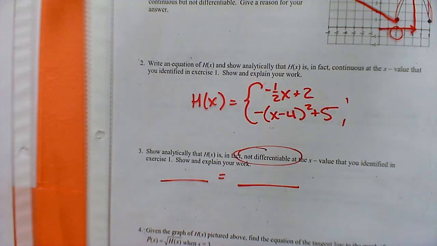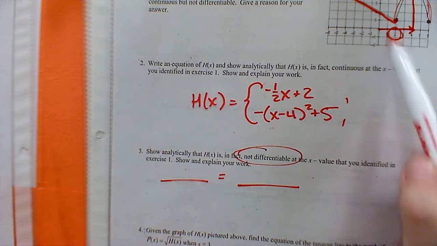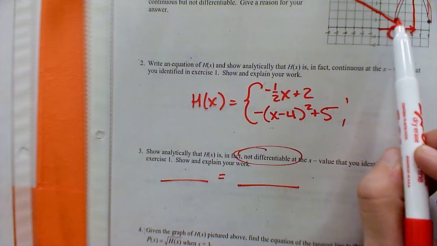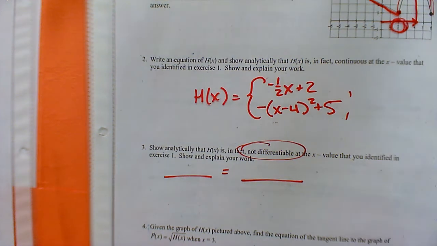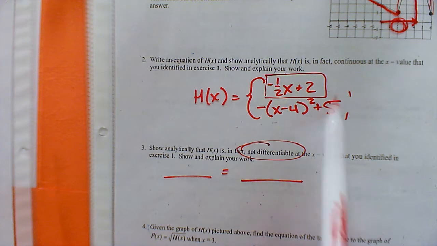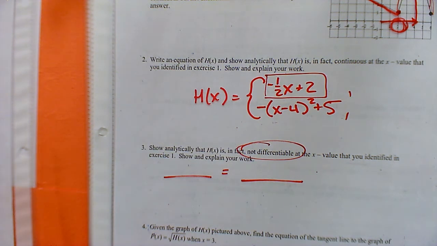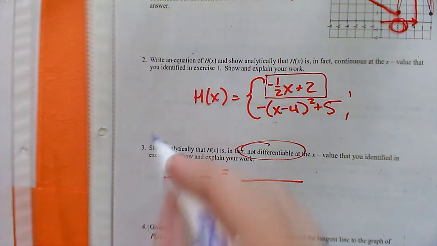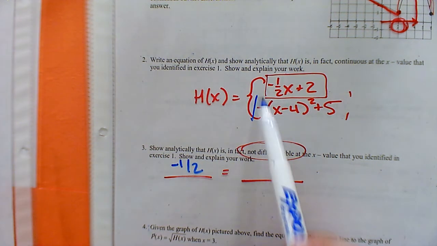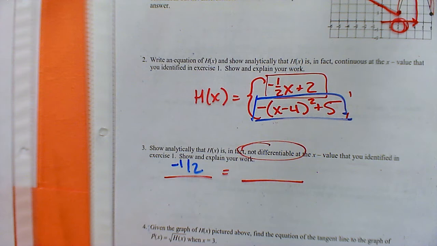Okay? So we need to show that the slope from the left is different from the slope from the right. Let's go ahead and check this location of 2 because that's where this function ends and this one begins. Okay, so for the left of 2, what would the derivative be from the first equation? If you were to find the derivative, -1/2. And if you were to find the derivative of the right equation,